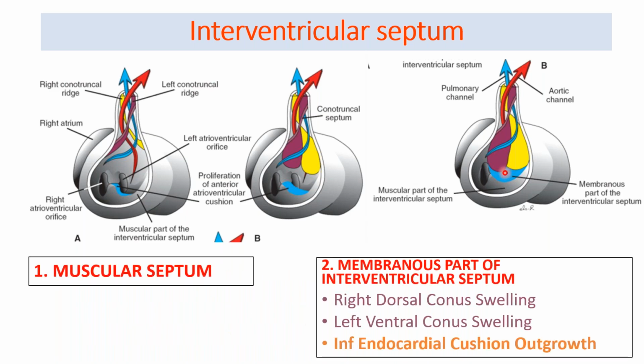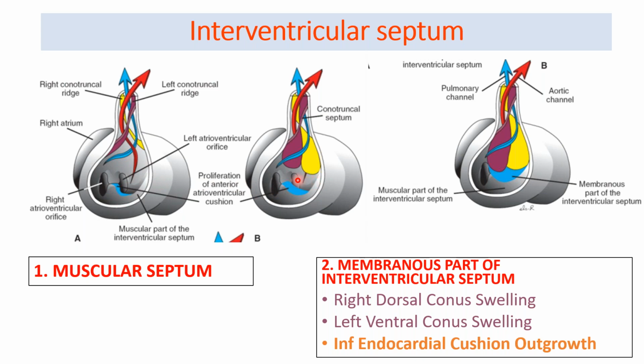So this picture in a nutshell shows how the interventricular septum has been formed. By the expanding ventricles, the muscular part of the interventricular septum is formed, leaving the interventricular foramina above the muscular part, between the AV cushions and the upper part of the muscular septum. This interventricular foramina is left.